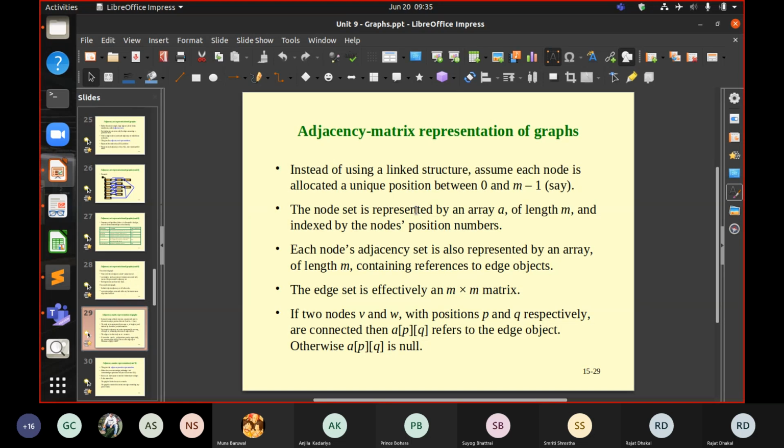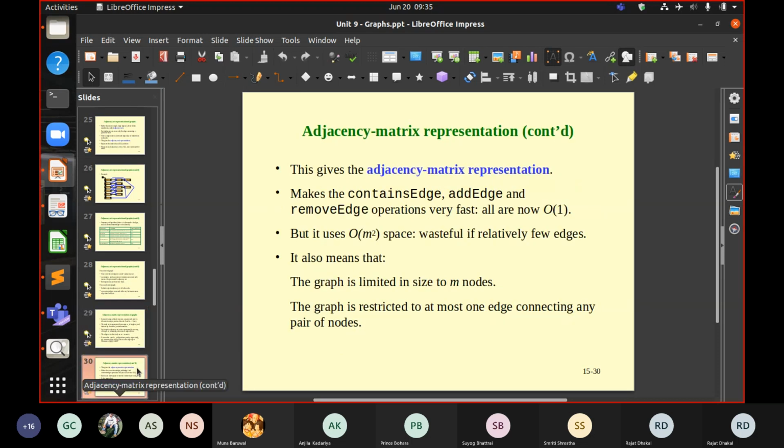Each node's adjacency set is also represented by an array of length m containing references to the edge objects. The edge set representation is effectively an m by m matrix. If two nodes V and W with positions P and Q respectively are connected, then A of P and Q refers to the edge object. Otherwise, this is null.